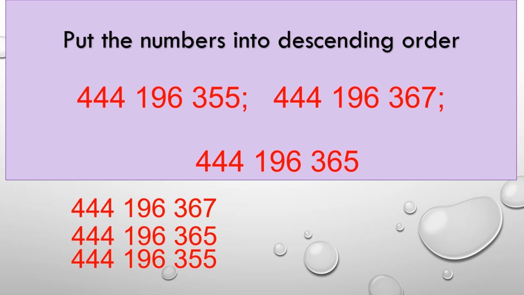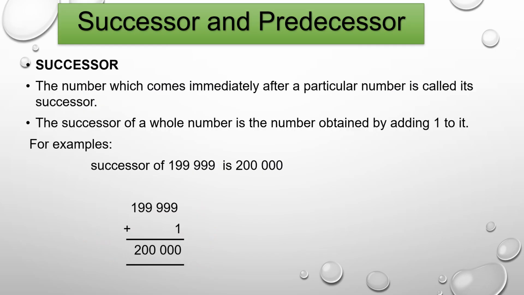So keeping in mind whether you are arranging from smaller to bigger or from bigger to smaller, it is easy to arrange the numbers in any order. Coming towards our next topic, that is the successor and predecessor. So successor, as all of you know, when we get success, like in class 4, if you have succeeded, you will go to class 5 or to grade 5. So the number which comes immediately after a particular number is called its successor.